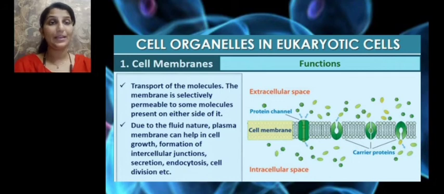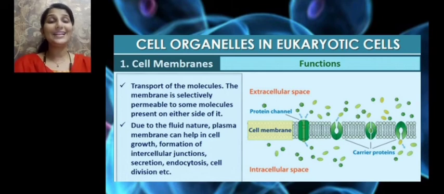Due to the fluid nature of the cell membrane, the plasma membrane can help in cell growth. It also helps in the formation of intercellular junctions between two neighboring cells. It helps in secretion of certain substances. Endocytosis is nothing but infolding of the plasma membrane so as to form vacuoles. That is called endocytosis, and cell division. So due to its fluid nature, it helps in cell growth, formation of intercellular junctions, secretion, endocytosis